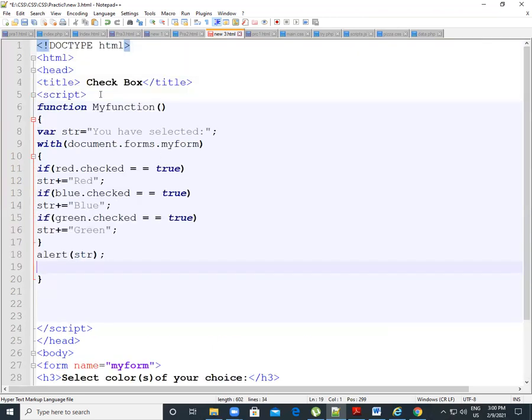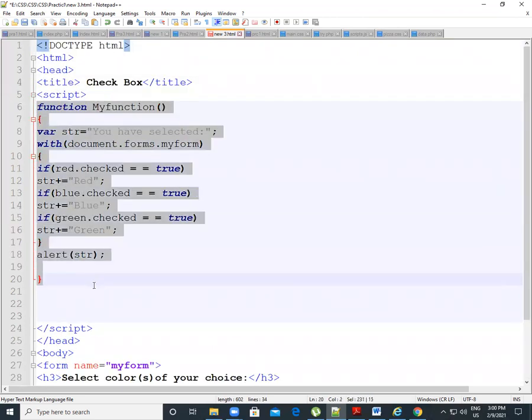So we already closed this. It means our function is done. You can see that my function name is myFunction. We wrote the statement "You have selected". So in that way, when this alert function takes the str value, it will print the selected values, and it runs.